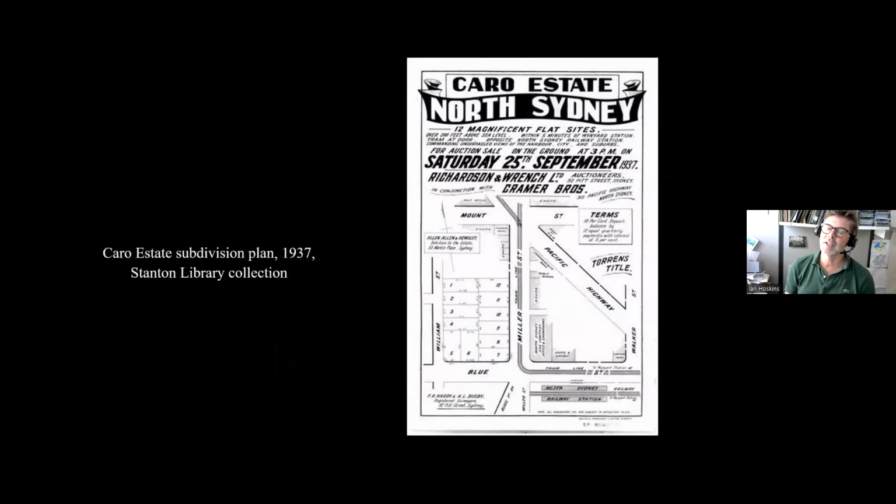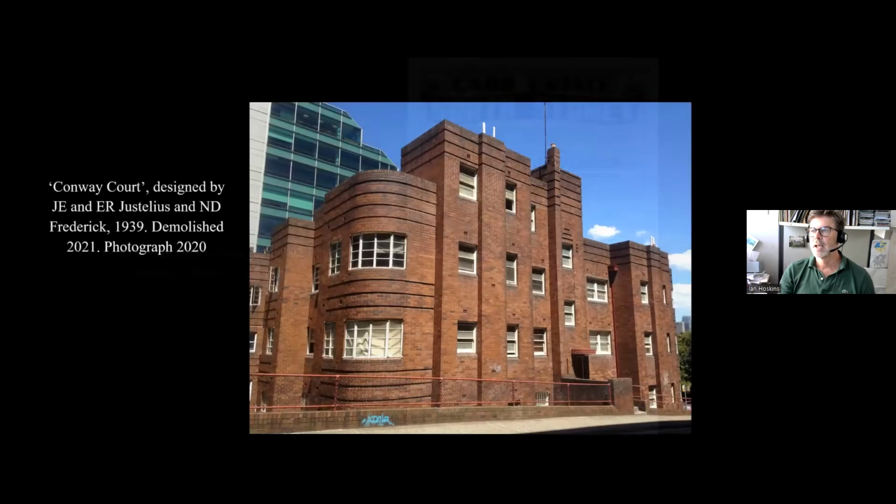So as I said, estates are divided up, and through the early 20th century into the 1930s, those subdivisions may in fact be bought up in total and turned into just 1 or 2 blocks of flats. And that's the case with the Caro estate. Miller Street, Blue Street, to orientate you, here's Shaw School on the left, and up for sale in 1937, and that's what was built. One of 2 blocks of flats. There's another one further up